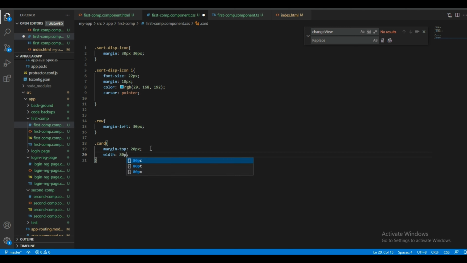Okay, sorry, it's not 80 pixel, it's 80%.